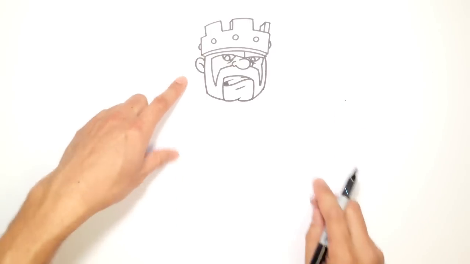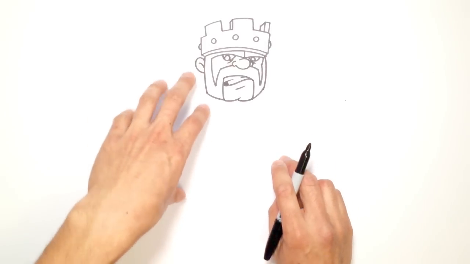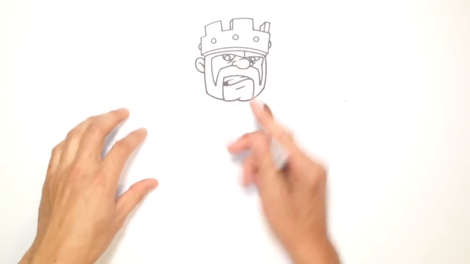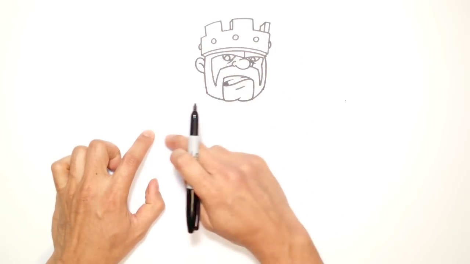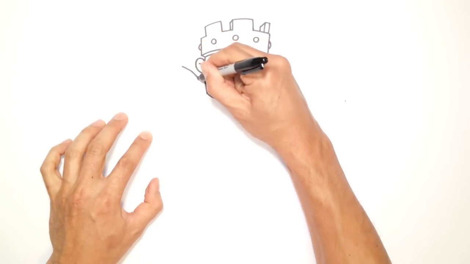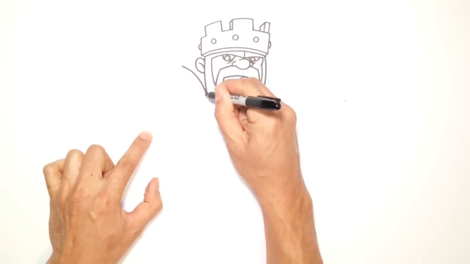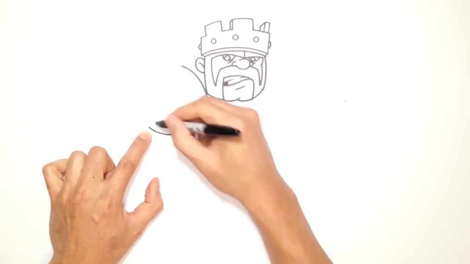Alright, now from here I'm going to draw his big shoulder guard. Because this is the first thing in front of the body, I'm going to draw this side first. So let's start up here, and it's going to curve around. It's going to be quite large, so it covers this whole area here. So let's start here. I'm just going to kind of touch that chin there. I'll curve around, and I'll come out just like this. So it's like